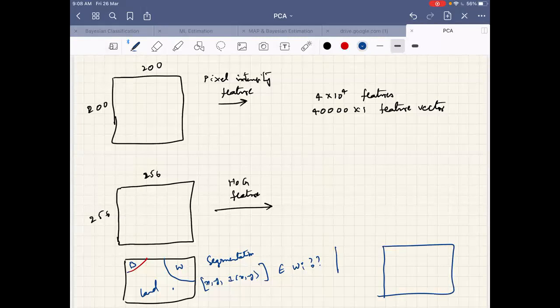I may have an image, and I may have a template. This is the template, and this is an image. The template may have some shape, and I want to match where this kind of object is there in the image. So I will do corner detection, find some corner points, and then try to figure out a match between this corner point and this corner point. So this is also pixel based features.